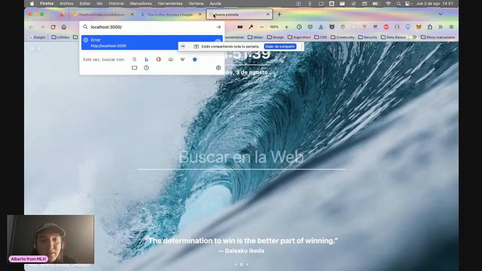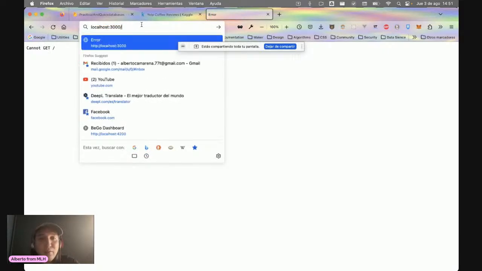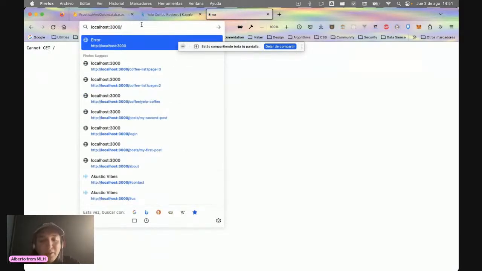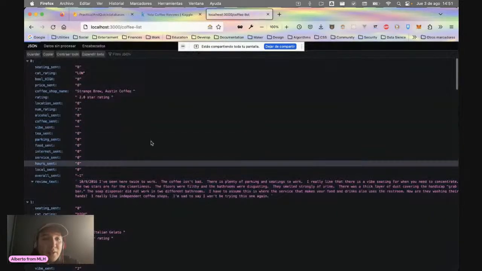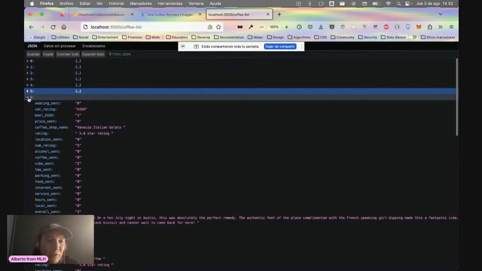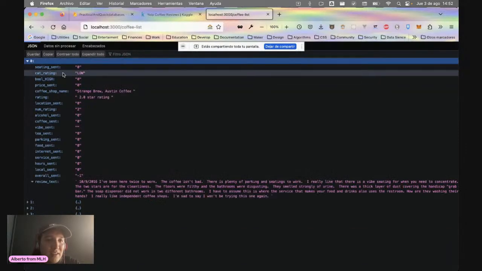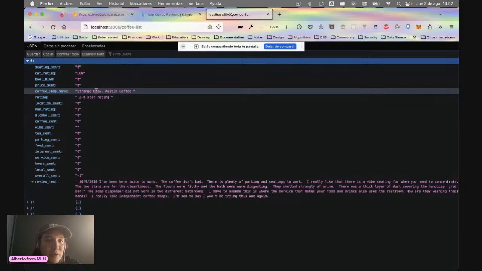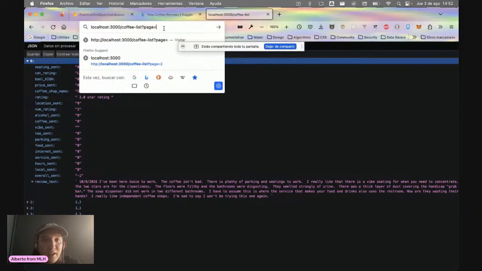And then we go to localhost port 3000. And you will see there's nothing in here. But if we check for the specific endpoint, how do we call it? Coffee list, I think. Yeah, coffee list. You'll see we have our information, the first 10 documents in the collection. This is called Strange Brew Austin Coffee, but if we change this to page number 2,